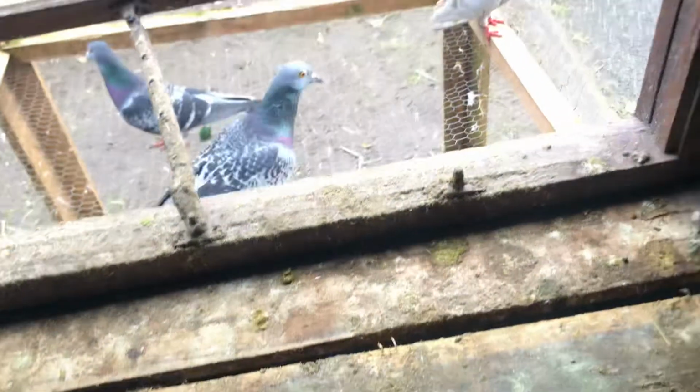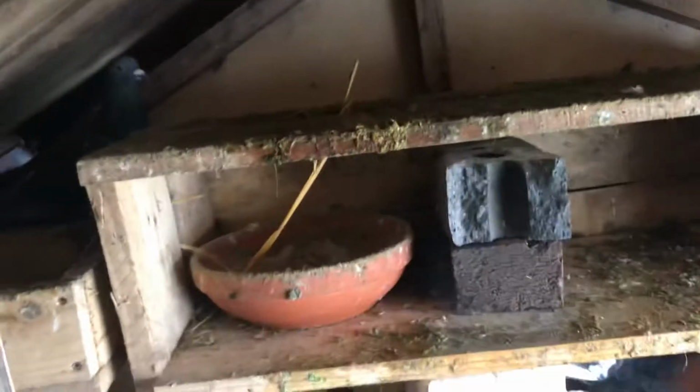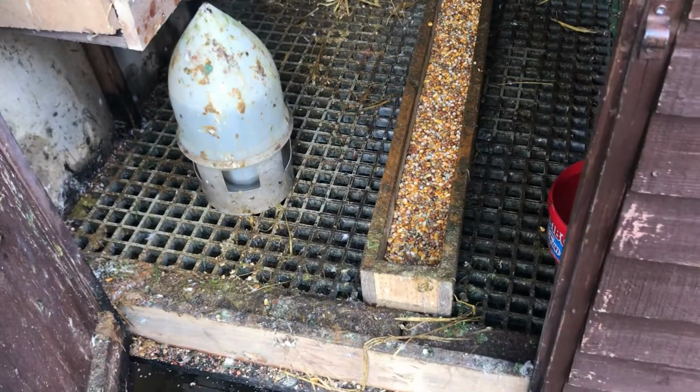I really like using this stuff here, because I've noticed that there was a couple of bugs crawling about, so I sort of got sick of it, and I was just like, you know, fuck this, I'm just gonna spray down everything. I've been trying my best to clean everything off, like the wet poo off, dry poo. I can't really get it off, but now my eyes are itching because this stuff is really strong. So I'm just gonna leave the door open so the smell sort of gets out,